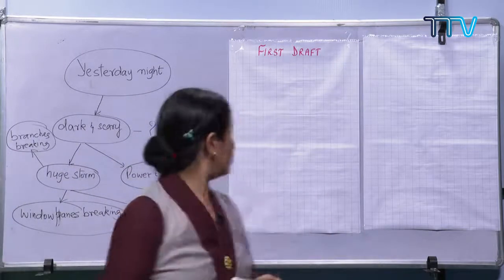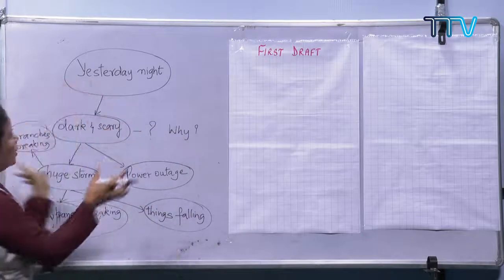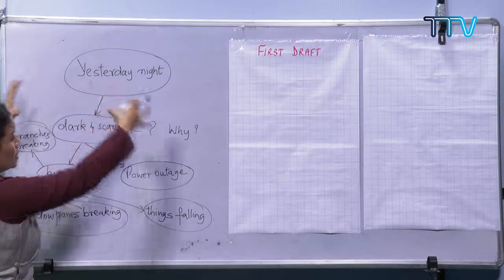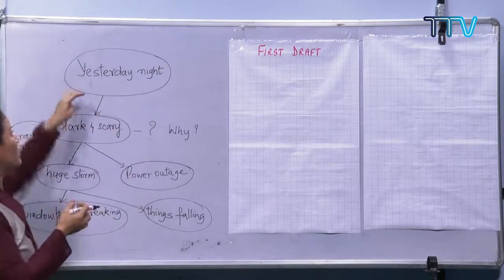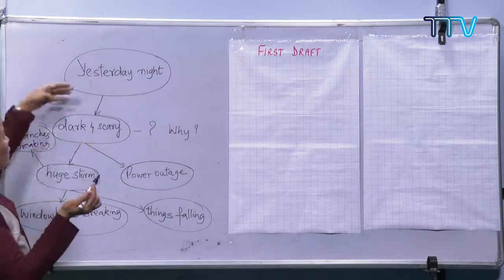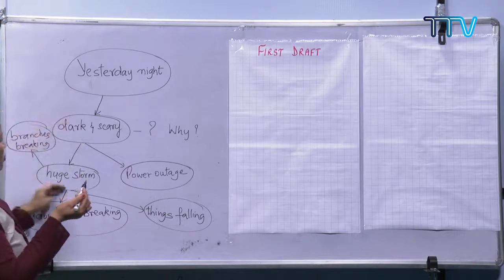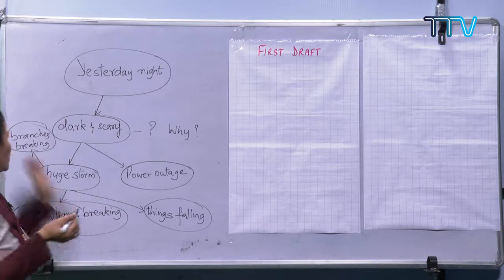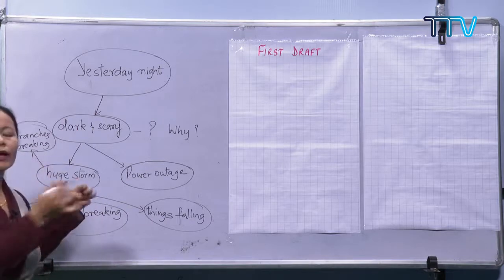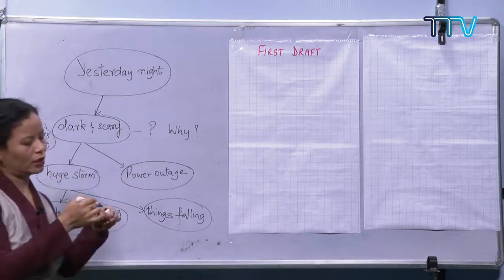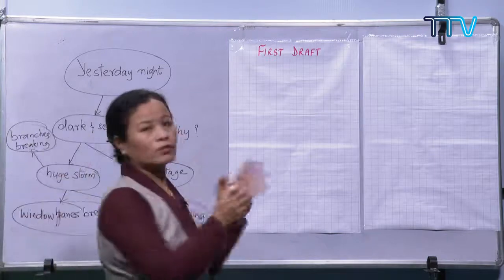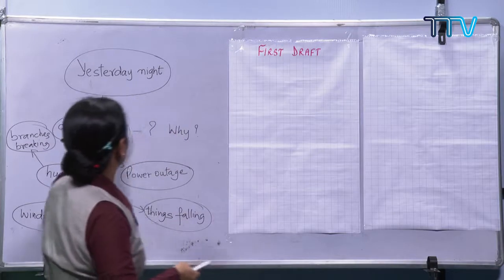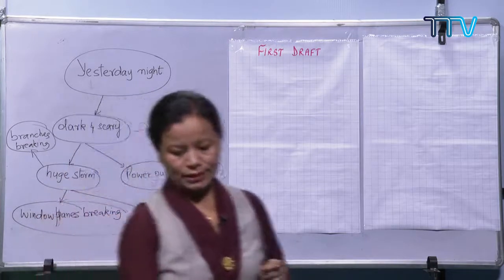So I have some points, isn't it? This is a strategy for pre-writing: clustering, mind mapping. So, yesterday night, dark and scary, huge storm, power outage, window panes breaking, things falling, branches breaking, and there may be many more. Since we are not going to write a very long composition because we don't have that much time, what we are going to do next is